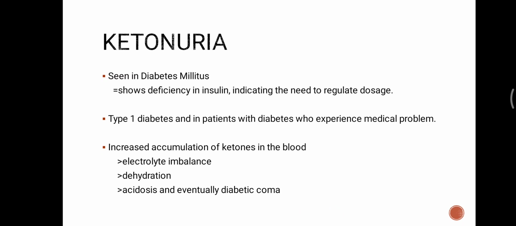So we have here an example of deficiency in insulin na makikita natin sa type 1 diabetes mellitus. So this deficiency indicates the need to regulate dosage and ketonuria is an early indicator of insufficient insulin dosage in type 1 diabetes and in patients with diabetes who experience